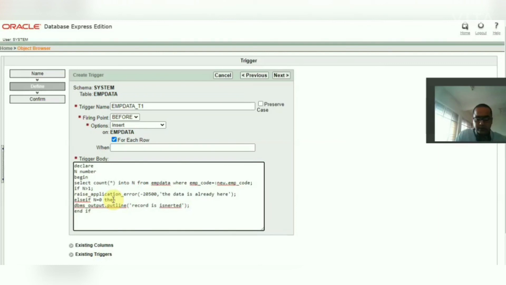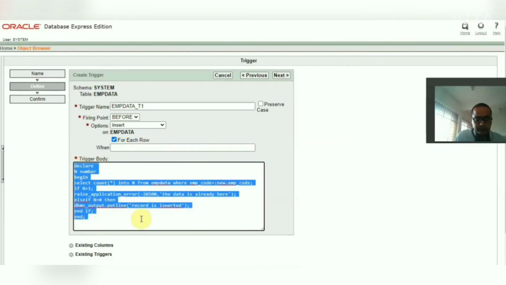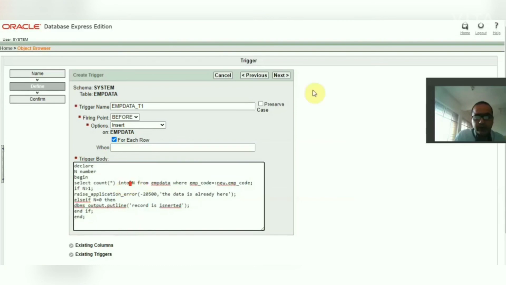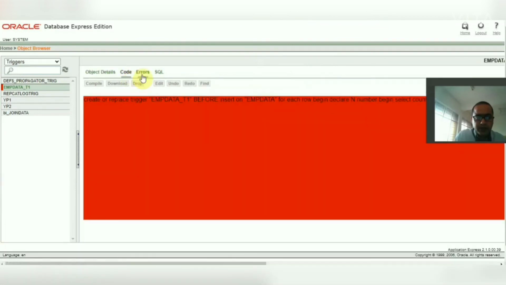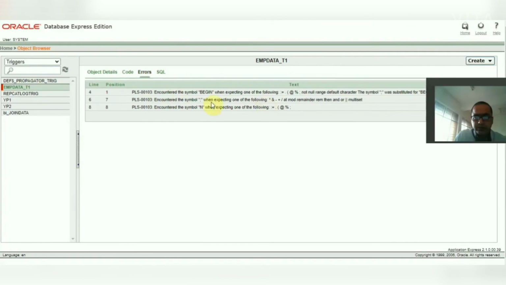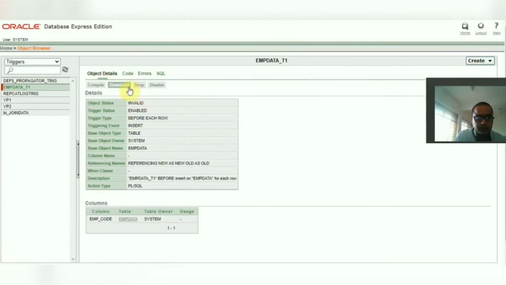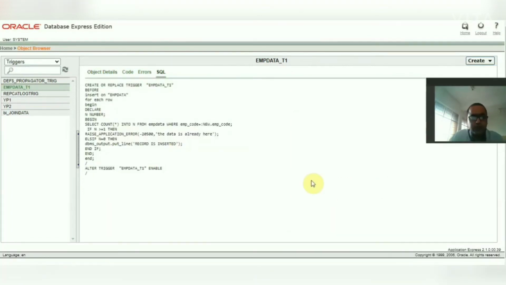Okay, now end if and end. So here I created a trigger. Now I will compile it and check whether it is correct or not. It is invalid. Oh, there may be some errors. Okay, now get back to the code. After removing a little bit of errors, now the code is ready, and now you can fire this trigger.